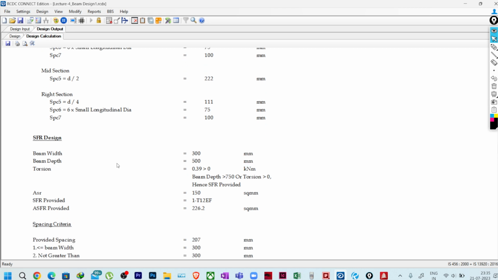So how it is provided: beam width 300 mm, depth 500 mm, torsion value which is greater than 0, so there is torsion. Obviously beam depth is not greater than 750. It should be written as 450 actually. Two cases are there: either beam depth is greater than 450 or torsion is greater than 0. So in our case, torsion is greater than 0, so side face reinforcement will be provided, and spacing between the